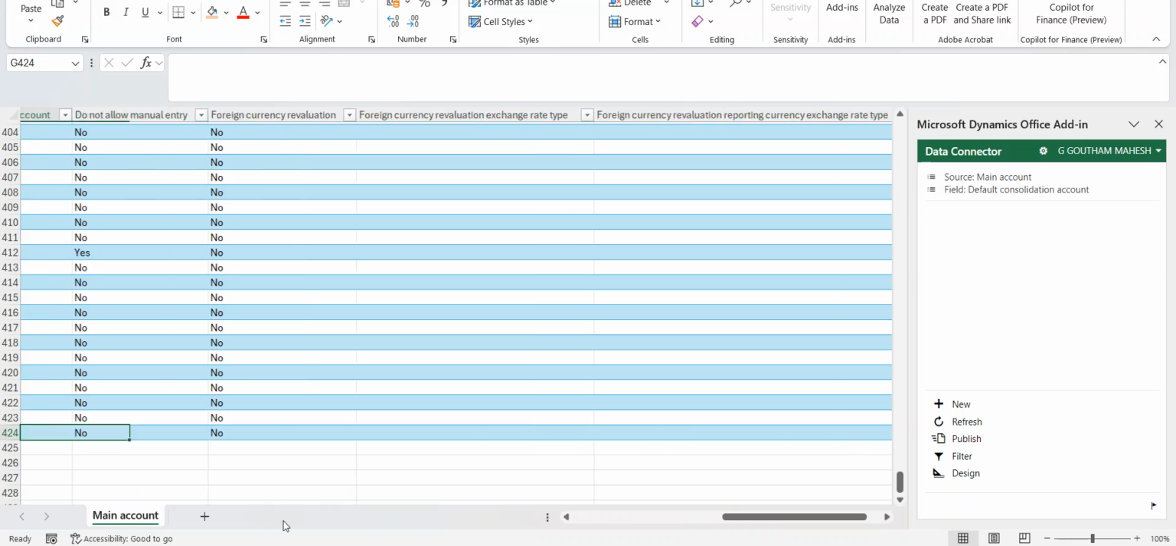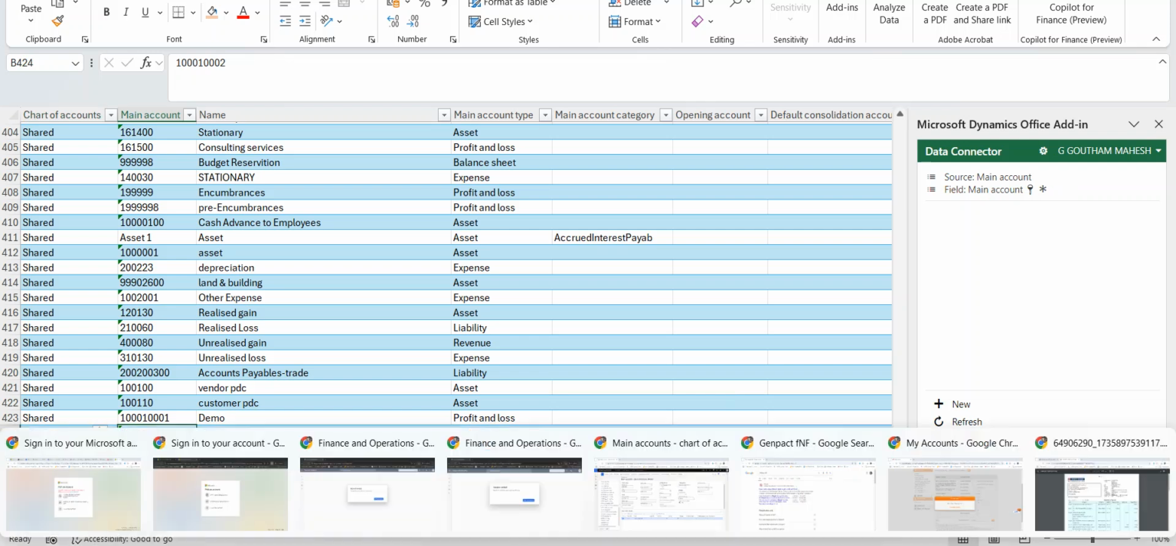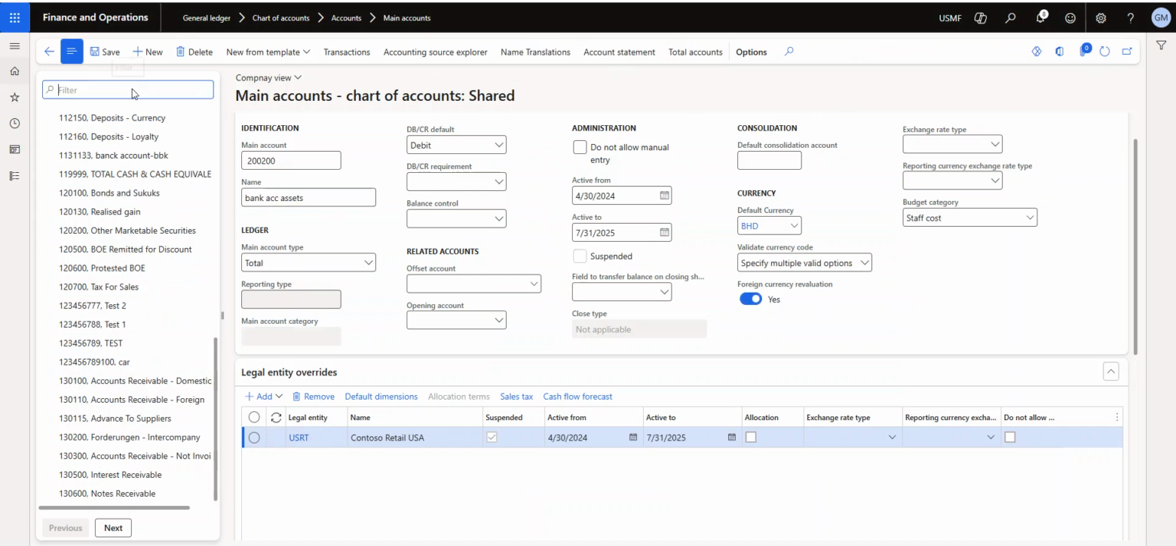Okay, and after updating this information, you can see on the data connector side you have publish. So once you click on publish, it says successful and the workbook has been updated. Now let's see whether this particular main account has been created in D365 or not. For that you can go to D365. Just refresh this page and filter with that particular main account